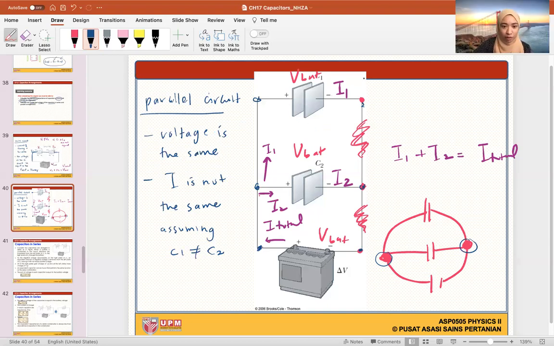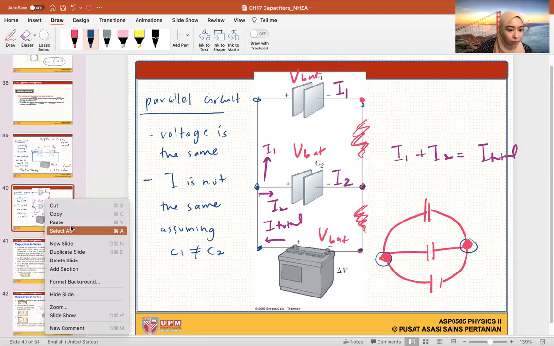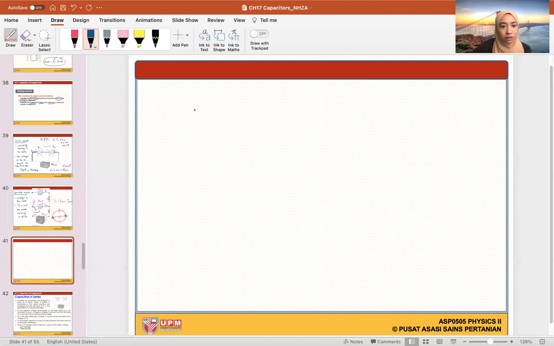Alright, so I'm going to move on to equivalent. We talked about series, we talked about parallel. Now I'm going to talk about what is equivalent. As usual, I don't like lengthy words. So new slide. What does it mean to be equivalent? In this chapter, we are talking about equivalent capacitance. In later chapters, not this chapter, we will talk about equivalent resistance. So you need to know what equivalent actually is. So equivalent means